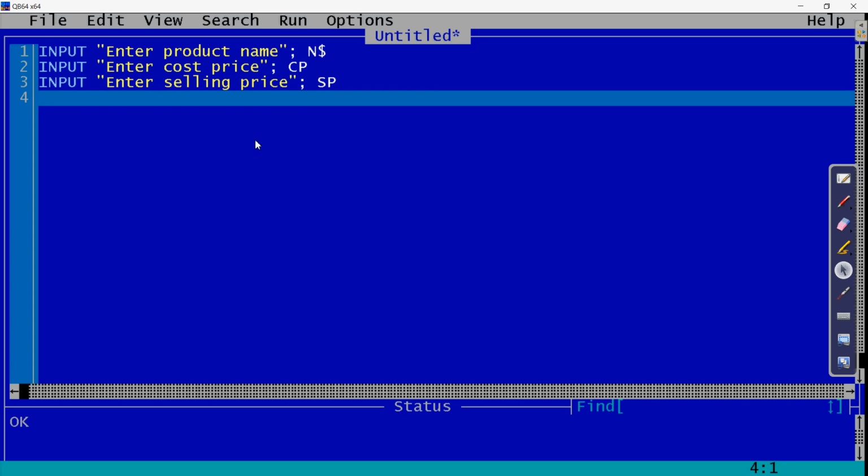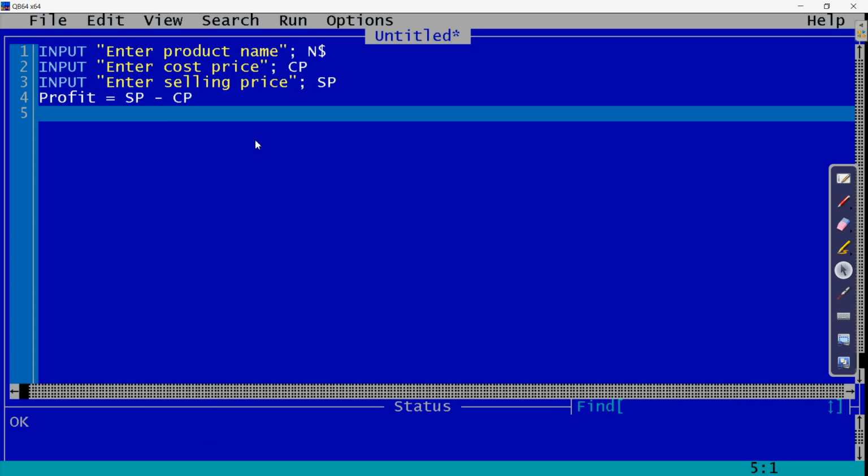Then we know the formula that profit is equal to selling price minus cost price. So here we can write the name of the variable. Suppose I am writing profit, then profit is the name of the variable, and profit will be calculated on the basis of the input which is given. That is SP minus CP, selling price minus cost price.